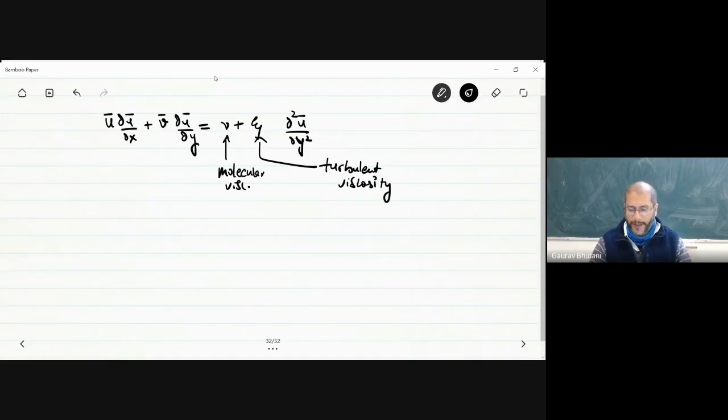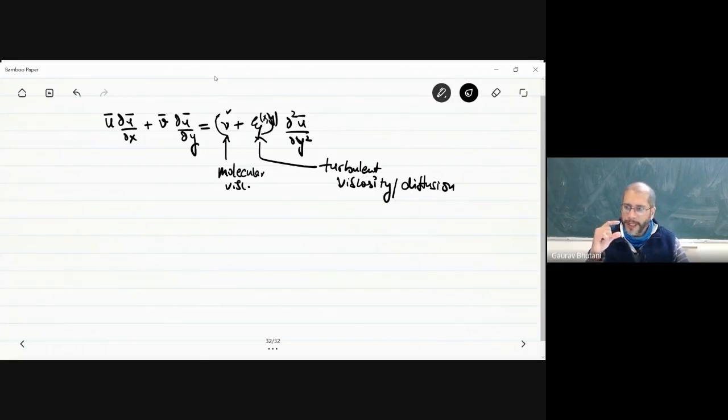Although this is not a viscosity, but this is some sort of a model. So to model that enhanced mixing of momentum, we add turbulent viscosity, or we also call it sometimes turbulent diffusion, because this is doing nothing but diffusing the momentum, which is exactly what your nu does as well, but on a smaller scale. So what we see is that the diffusion of momentum because of turbulence in general is much higher in magnitude as compared to what molecular viscosity does. So the effect of molecular viscosity only is, remember this xi is a function of x and y.